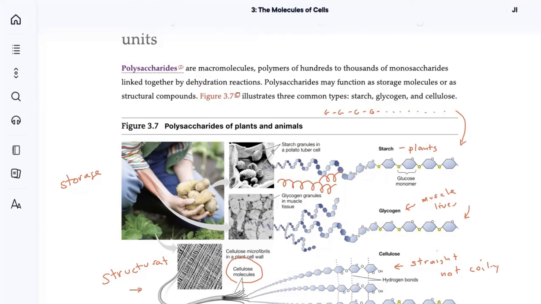Similarly, the plant might be producing glucose and putting them into some type of structural molecule. A structural function as opposed to a storage function, right? And so, yeah, these are two different ways in which glucose molecules can be put together. Now, there's one more way